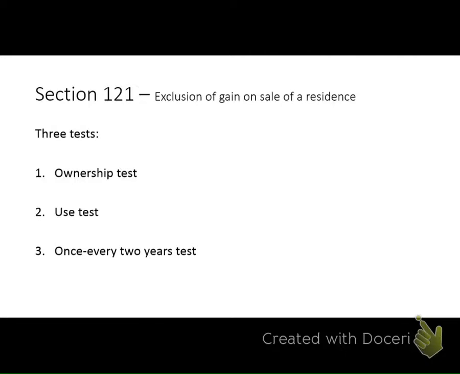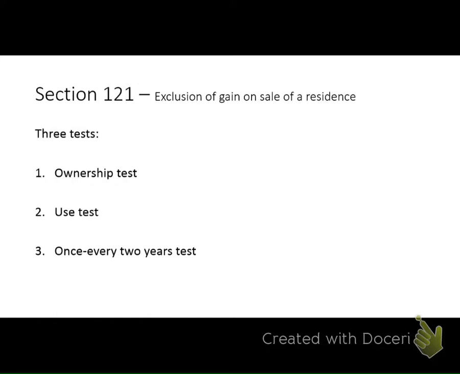With 121, it's an exclusion of gain. Right? We're between 101 and 140, and we know when we're between 101 and 140 with a code section, we're talking about monies that are excluded from gross income. So now it's not a non-recognition transaction, it's not where we're preserving that gain in the basis of the new property. In 121, we're excluding the gain. We're never going to recognize it. It disappears into thin air, right?